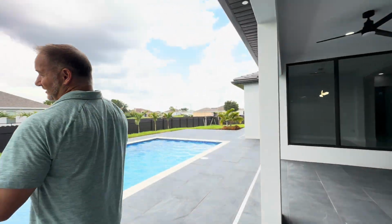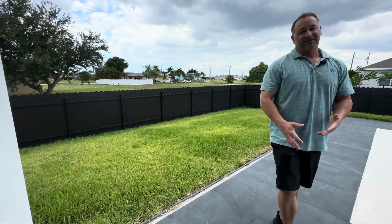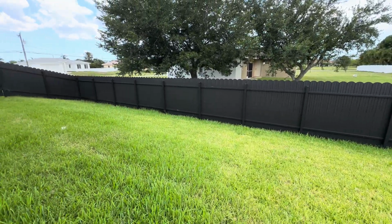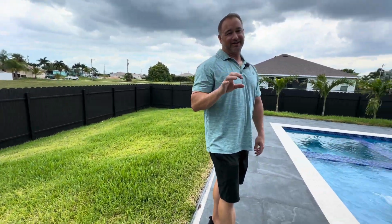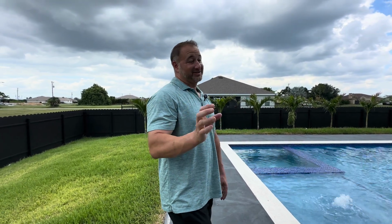No pool cage on this one. Does have a completely fenced backyard. I've been going round and round with clients about pool cages. Some like them, some don't. Oh, and real quick, this lot is 0.37 acres as opposed to the normal 0.32. One of our listings, Karen's correcting me. 0.23 acres is the standard. This one is 0.37. What I meant to say is we have a listing now that has